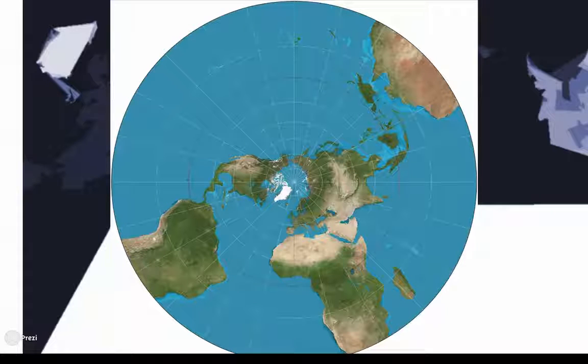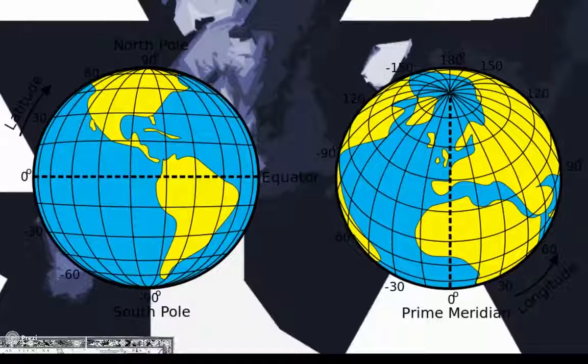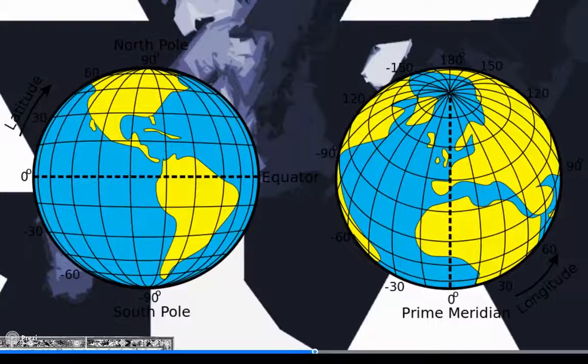So projecting the surface of the Earth onto a flat surface is just one aspect of producing a usable map. We also need a coordinate system. So we superimpose a network of latitude and longitude lines, these meridians and parallels, on the surface of the Earth. Most people are familiar with latitude and longitude. There are parallels of latitude, where the equator is 0 degrees, and meridians of longitude, where the prime meridian is